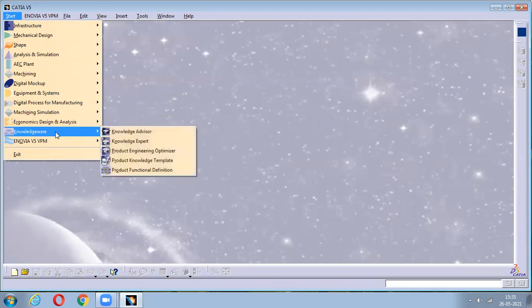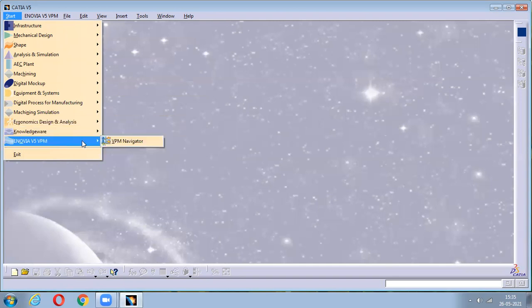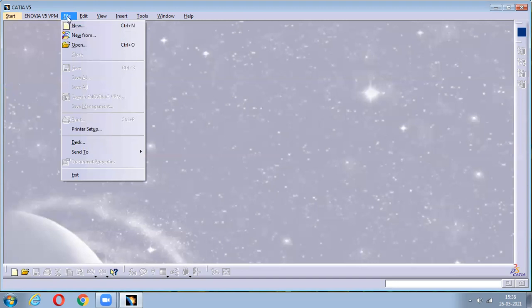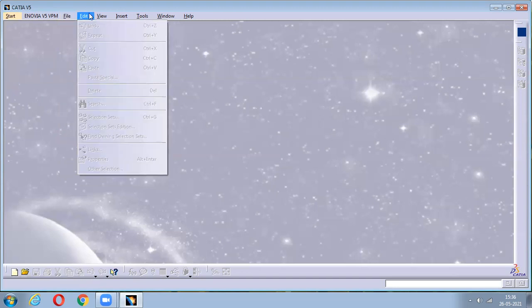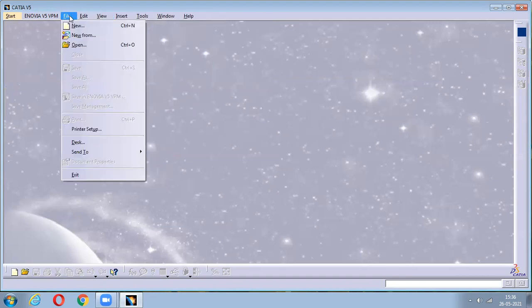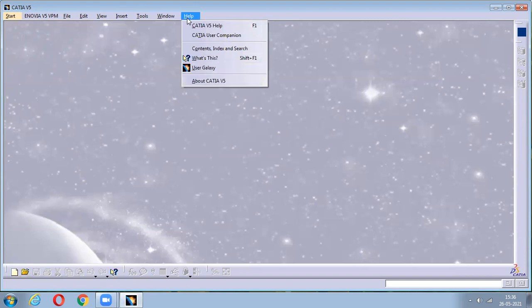So knowledge, and this is called the online help you'll get from this VPM Navigator. This is totally for online. Once you get connected, one of the people from Dassault will directly give you each and every help. Next we have File, in which you'll get each and everything. So Edit, View, Insert, Toolbar, Window. These things will be used from Edit. It is only used when you are working with a model.